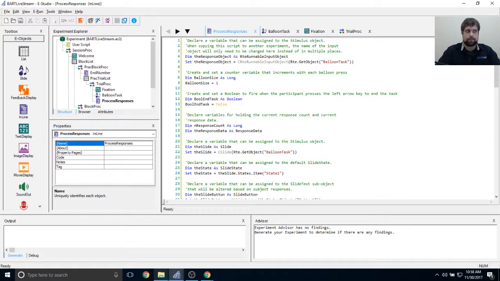It's going to actively update the screen and inflate the balloon based on how we press a button on the keyboard. So let's walk through the script quickly. The first thing I have here is a dim statement for something called the response object. I'm defining it as an RTE runnable input object, which basically means that later I'm going to want to reference the balloon task as a slide,